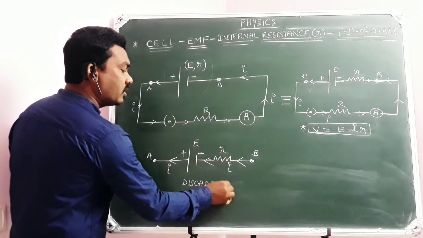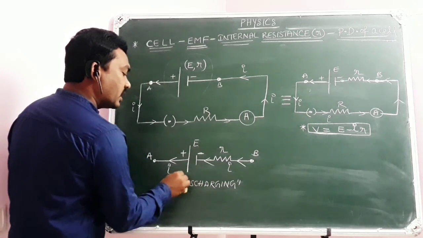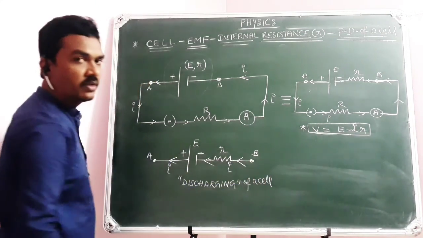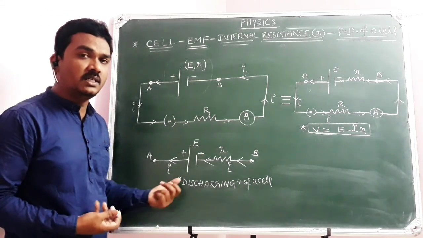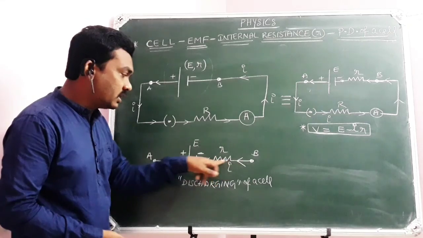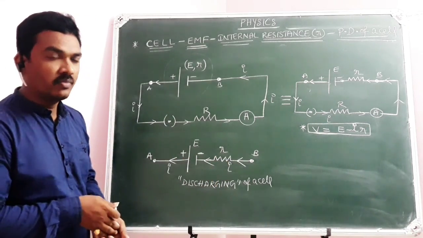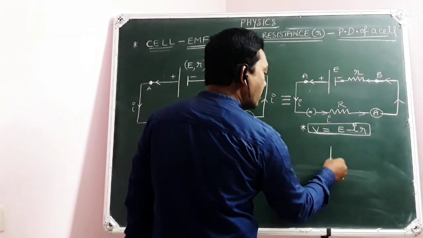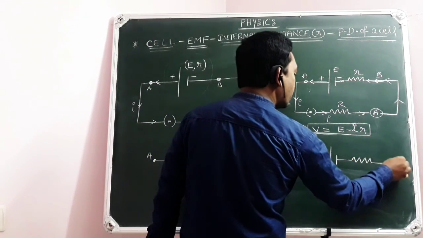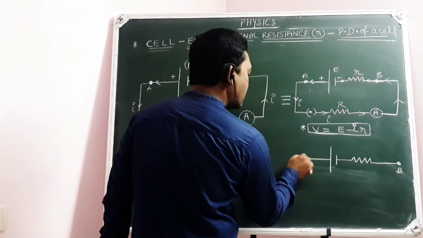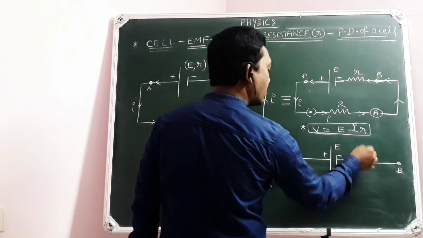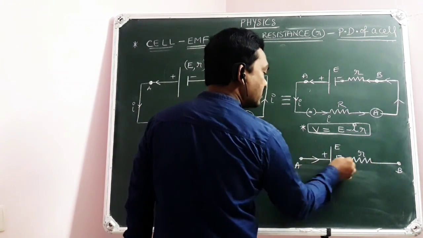Discharging of a cell, because you are going to draw current from the cell. Sir, how can I expect it is a discharging? Because the current is directed away from the positive terminal towards the negative terminal. We call it discharging. For example, if you have a diagrammatic representation in this way, look at this. This is B, this is A. Here it is the positive terminal, negative terminal. It is E, with a small internal resistance, but the direction is given like this.